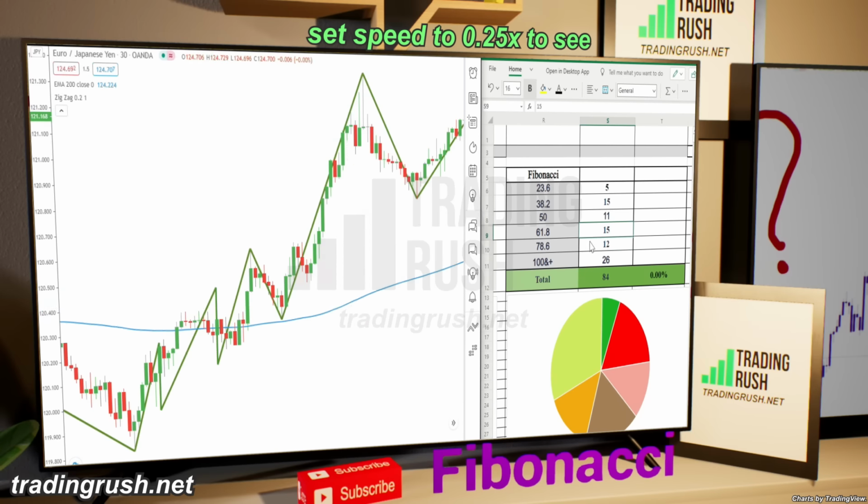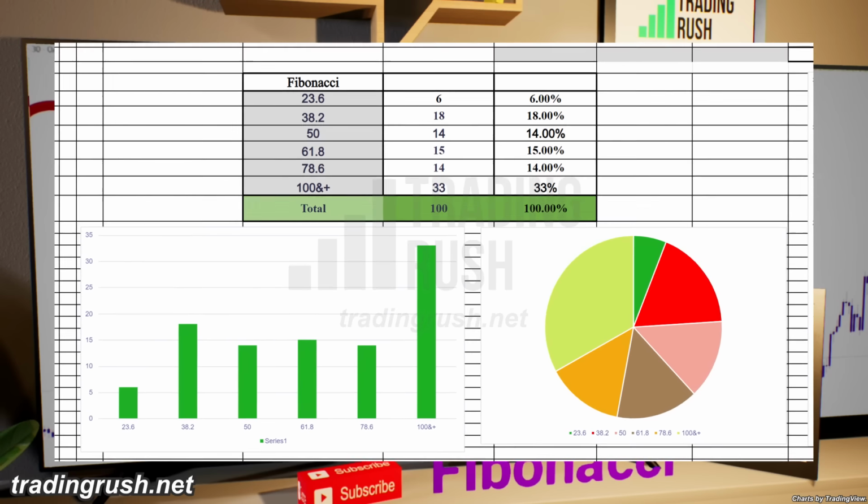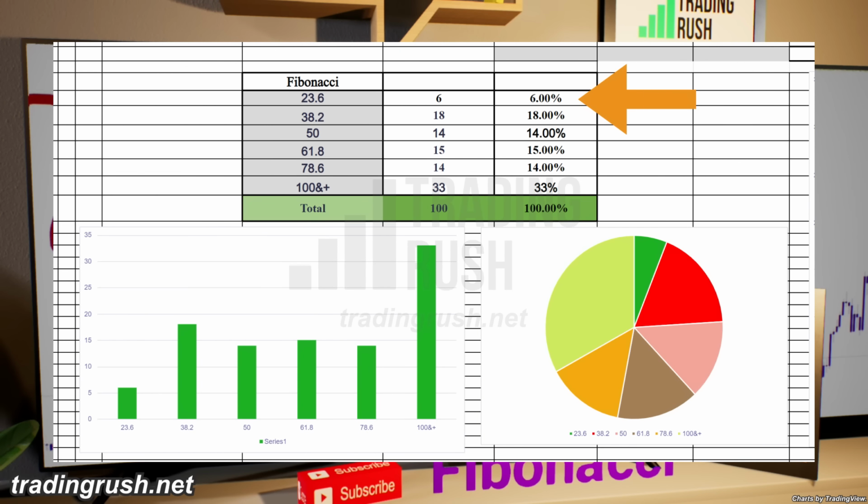So after backtesting the Fibonacci tool 100 times, here's what I found out. Only 6% of the time price reacted near the 23.6 level, 18% of the time near the 38.2 level, 14% of the time near the 50 level, 15% of the time near the 61.8 level, 14% of the time near the 78.6 level, and 33% of the time price either reacted from the 100 level or went straight through all the Fibonacci levels. That makes sense since price is in a range most of the time, but one thing to